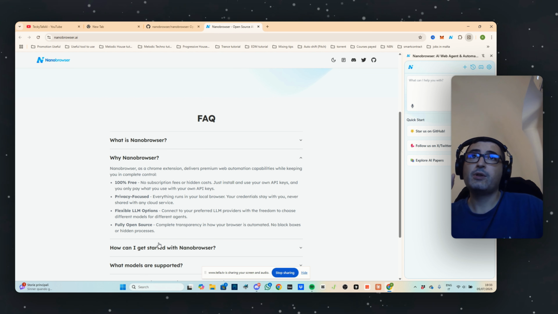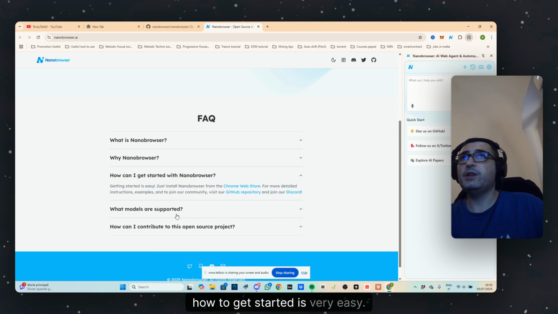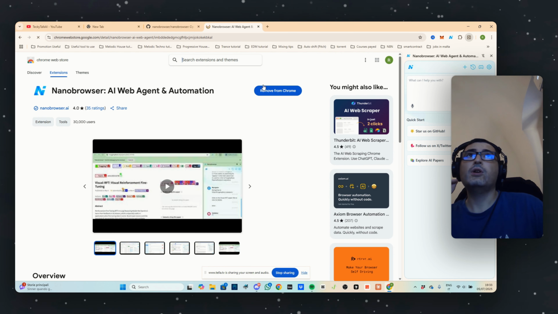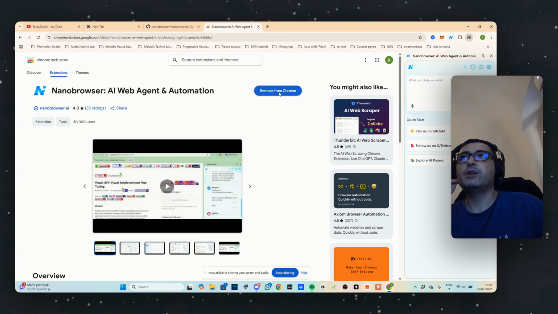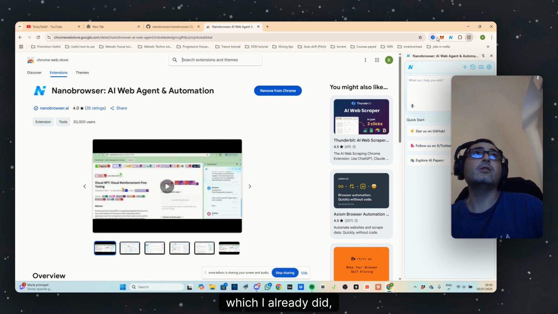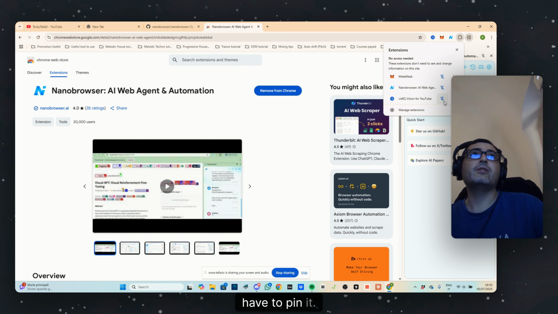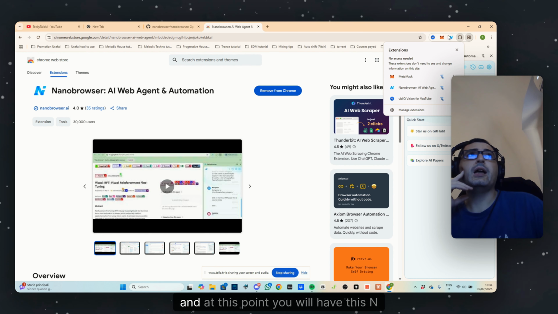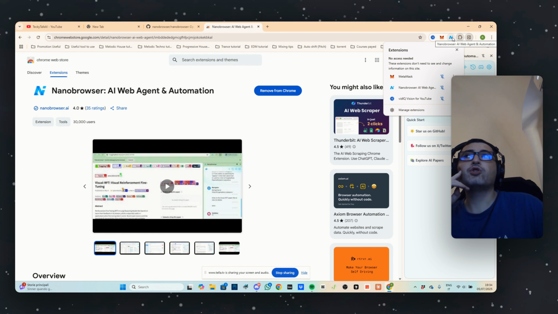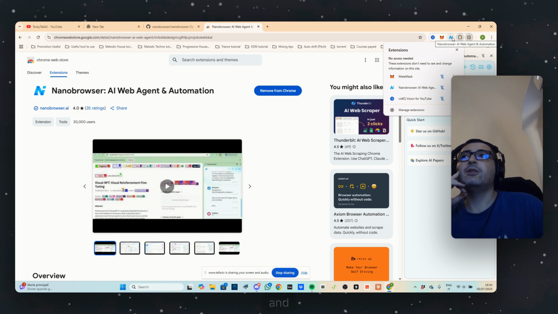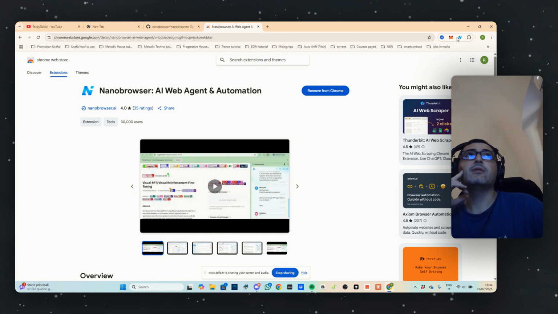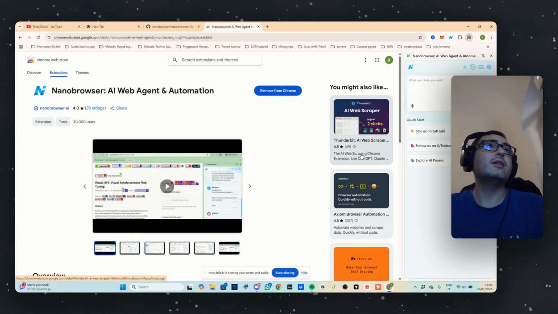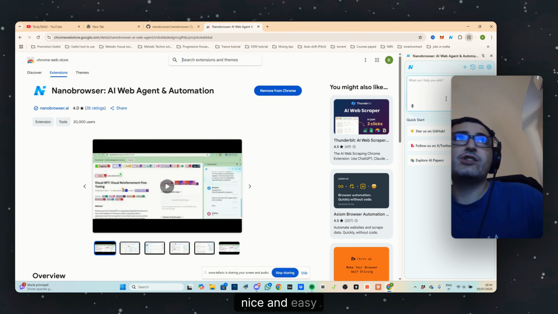It's fully open source. How to get started? It's very easy. You just have to add this to Chrome, and here it will say install. Once you install, which I already did, you have to pin it. This will not be pinned, so you just pin it, which I did already. At this point, you will have this N showing here, and you can click on it, and you get a display on the right-hand side with this nice and easy